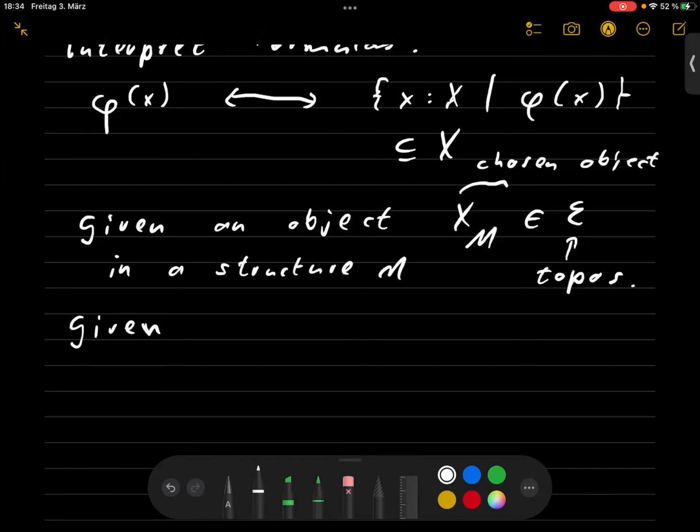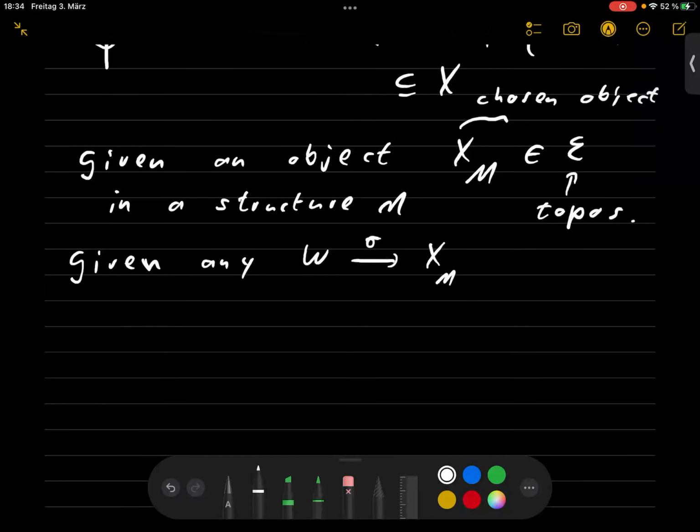And now, given any morphism W to X, this interpretation of the type X, let's call it sigma, then we say that M satisfies phi at sigma